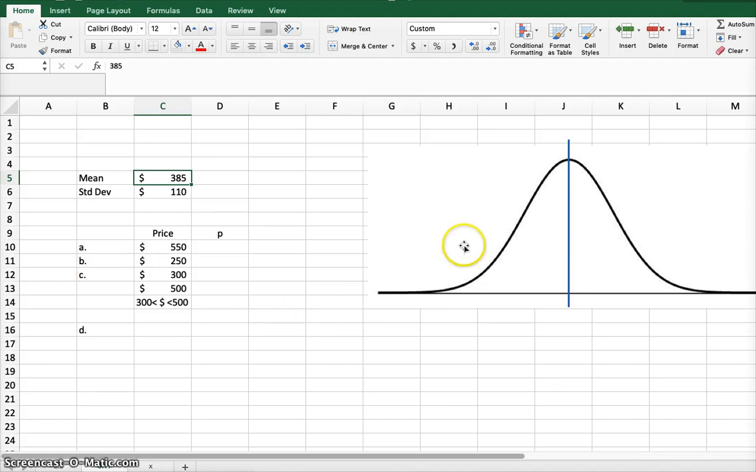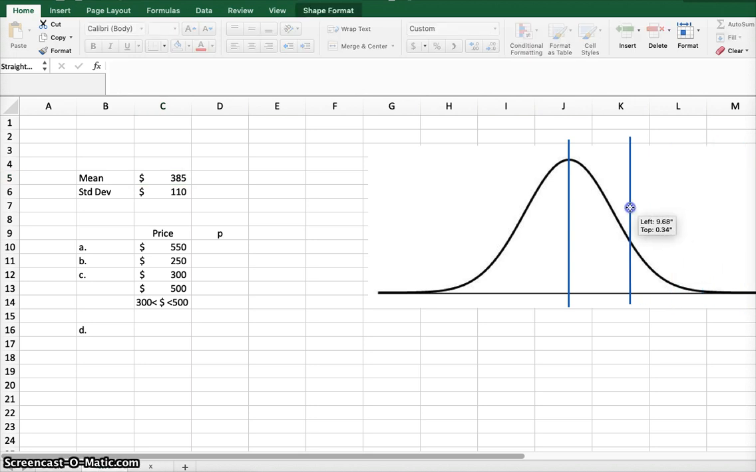what is the probability that a domestic airfare is $550 or more? All right, so this is $385. This is less than $385. This is more than $385. So let's just say that $550 is around here someplace. Okay, and we want to find the probability, we want to find the area of this area here, but